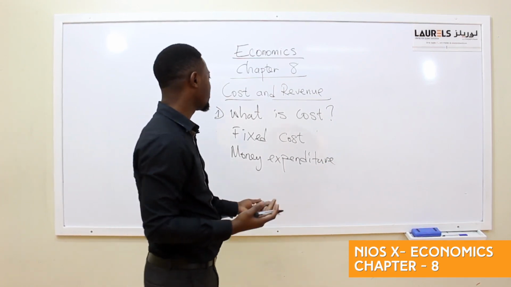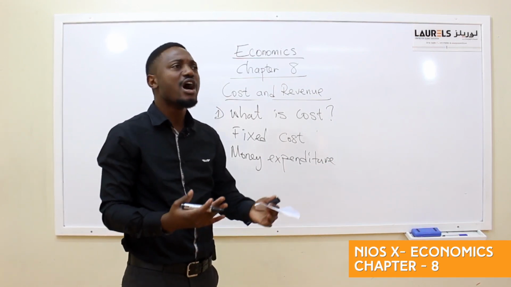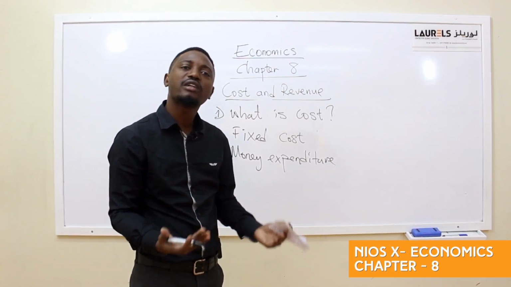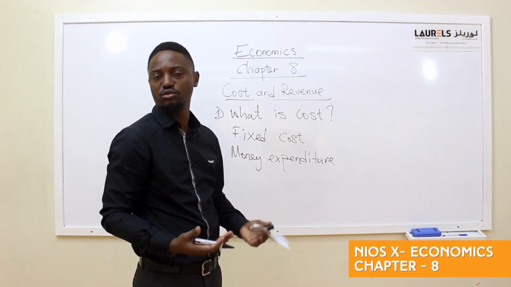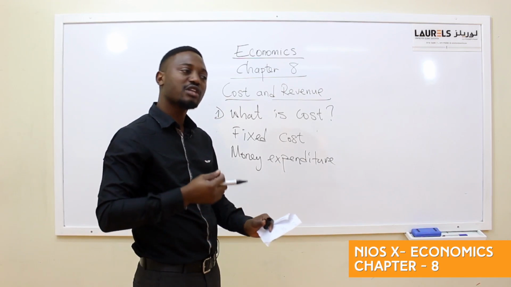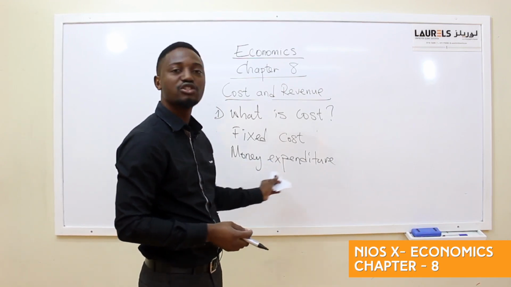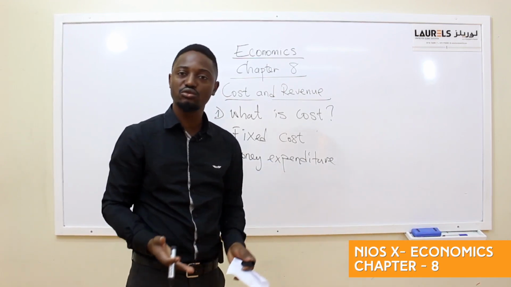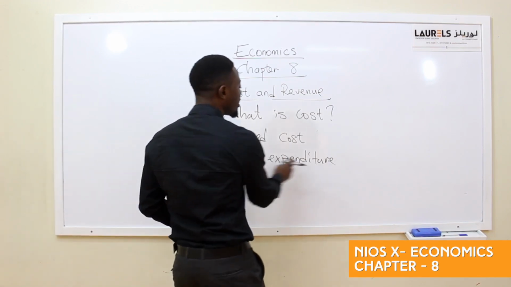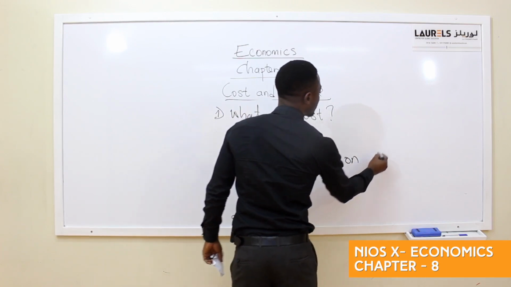We can have an example of fixed costs like rent, the rent of a building where the production is taking place. No matter how many units of output which we produce, we still have to pay the same amount of rent. So that rent, which is the expenditure we pay for the building which we use, we will consider as fixed cost. So it is money expenditure on fixed